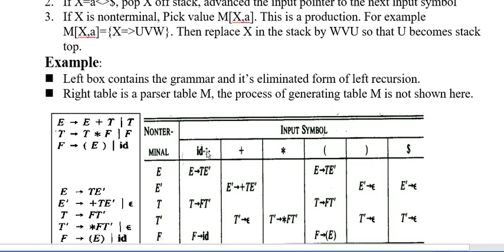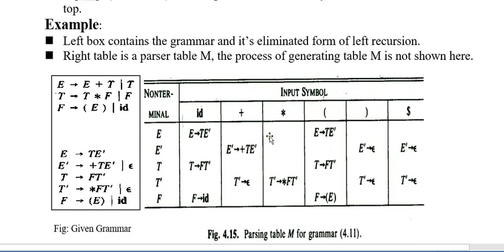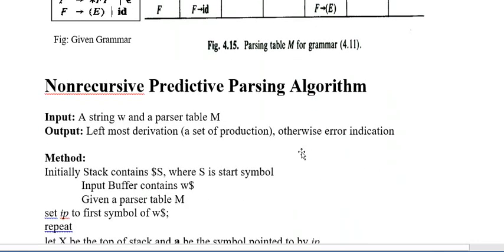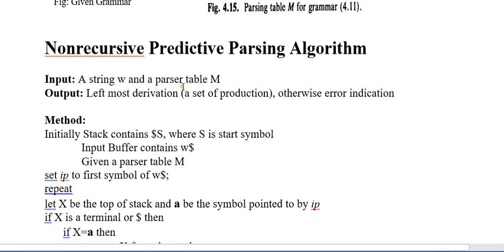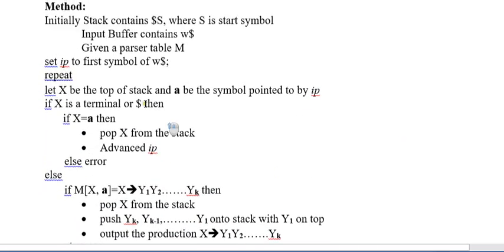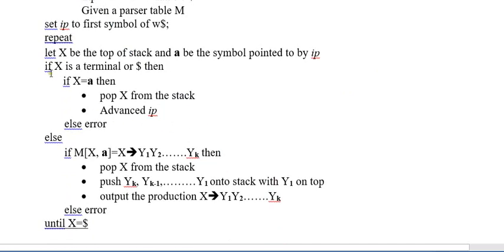In this example of parsing table generation, we can generate a table like this. These are the functions that we use in the predictive parser, and we generate them after eliminating left recursion, and from these we generate this parsing table. How to generate the parsing table we will discuss in our next videos. Now moving on to the non-recursive predictive parsing algorithm. The input is a string w and a parsing table M. The output is the leftmost derivation, a set of productions, otherwise an error indication. The method consists of statements such as: if X is a terminal or the dollar sign and if X equals a, then